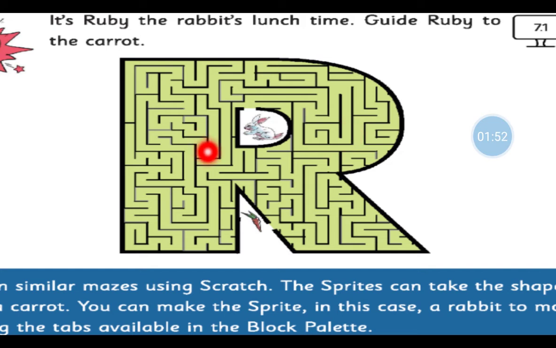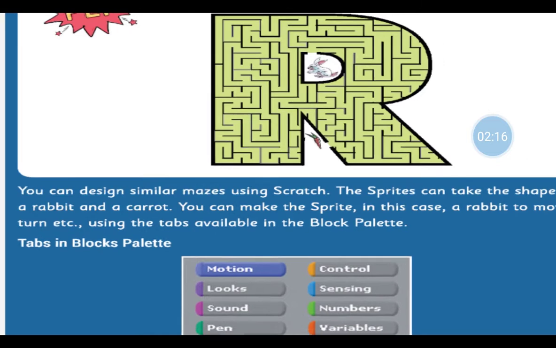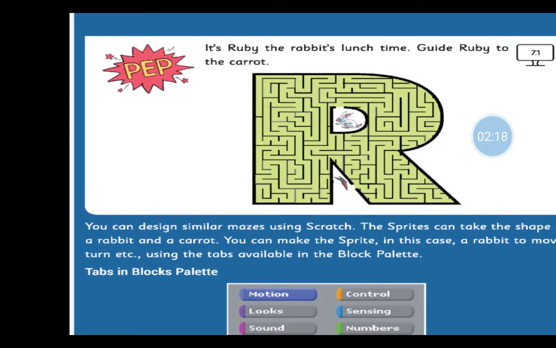Take a pencil and mark the way the rabbit can reach the carrot to eat, because it is lunch time and the rabbit wants to eat the carrot. Now pause the video, take a pencil, and complete this activity.